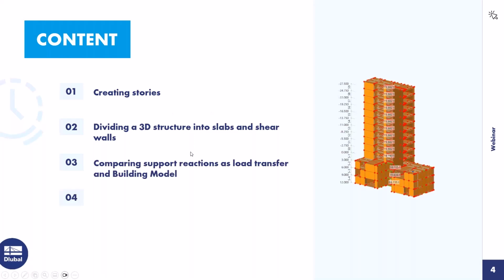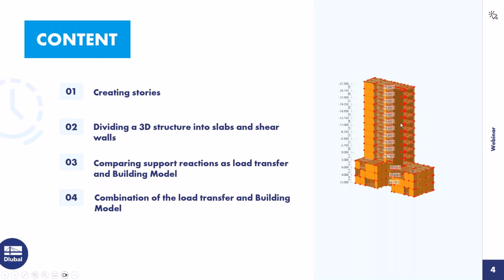And in order to understand how the Building Model add-on works, I will also explain the comparing of a support reaction as load transfer. It's a little bit of a hidden function in RFEM 6, but in my opinion, it is perfect for understanding how the Building Model add-on works. Last but not least, I will show you the combination of the load transfer and the Building Model,